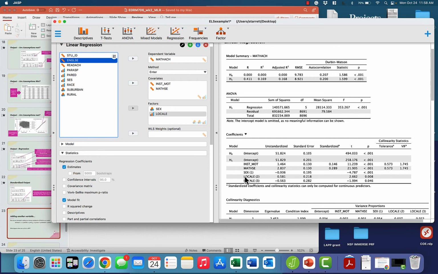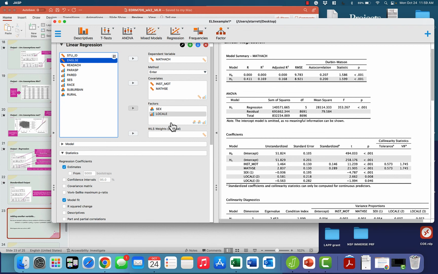So locale 2 here would be suburban, and locale 3 here would be rural. If the base category is your referent group that you want, so here we wanted urban, then we can just simply put locale into the model. The problem occurs when we want something else as our referent group. So if we had wanted suburban as the referent group, then we have to create